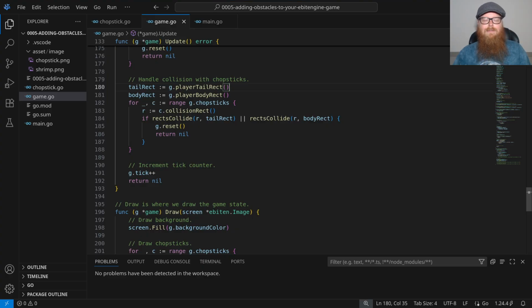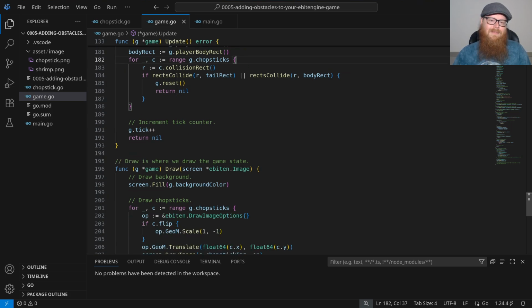And here we check for the collision between the player rectangles, both of them, and the 4 chopsticks. If we do find that either of the player rectangles collide with the chopstick, we reset the game state.